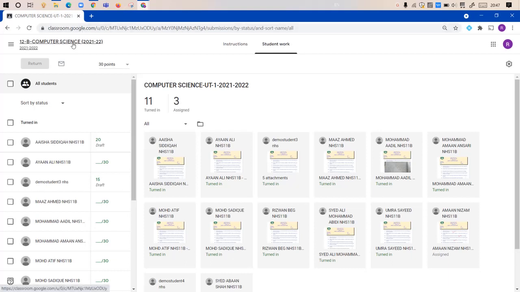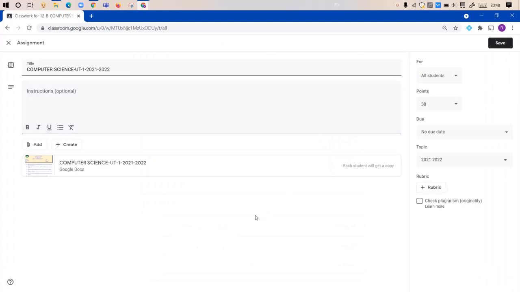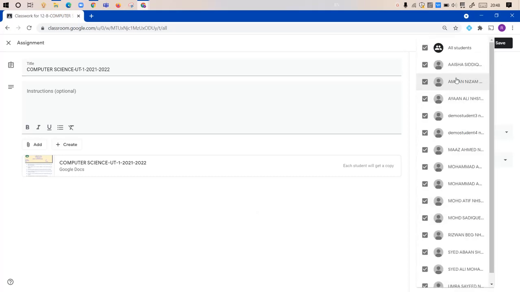So what we are going to do is come back to the classwork page. On the classwork page, in the assignment that you have given or the test that you have conducted, click on these 3 dots of the assignment and click on the edit option. Now the edit page will open up for this assignment and you can see that this assignment is assigned to all the students.